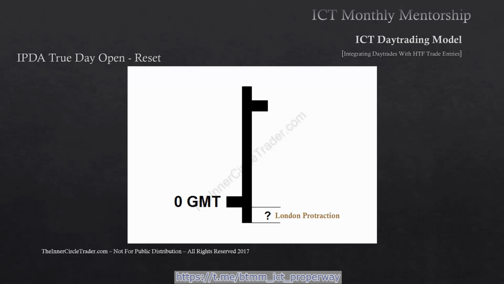All we need to know is, are we more likely to go higher or more likely to go lower? So if we set our daily bias based on the daily PD arrays, and if the data ranges and the quarterly shift is still bullish, everything that's significantly pointing higher, if we're in a seasonal tendency for bullish prices, if it's a Monday, Tuesday, or Wednesday, it's a loaded deal. The main thing is we have to see price having already respected a daily discount PD array. You have to see it do that, and then the very next trading day, you're looking at the 0 GMT